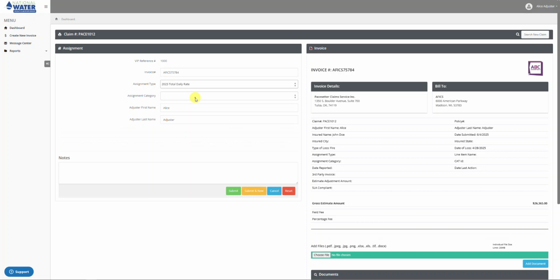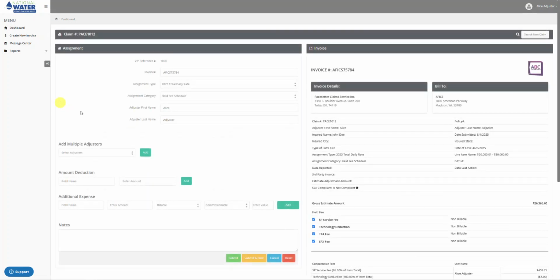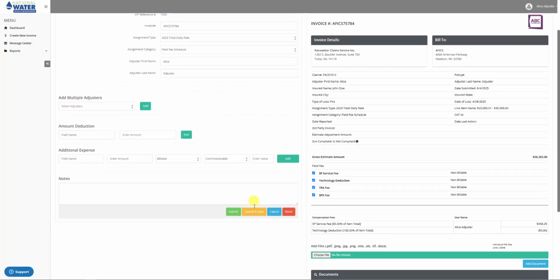We're going to select daily. It's a standard fee schedule estimate. Great. I'm not adding any mileage or anything. Everything's done. That's all I need to do. And I'm going to submit. And this is for anything. You may add mileage and upload documents and whatever. It doesn't matter. If you get ready and you hit the submit button or submit and new,